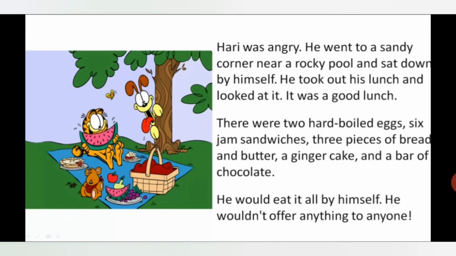Okay, children. So Hari was very angry. He was very upset with everyone because nobody talked to him, nobody held his hand, nobody came near him, right? So he was very angry. Then he went to a sandy corner near a rocky pool, sat down there, and took out his lunch. He had brought a very good lunch: two hard boiled eggs, sandwiches, bread and butter, ginger cake, and chocolate. He had such a delicious lunch that he wanted to eat it all by himself because he did not want to share it with anyone. Okay, then